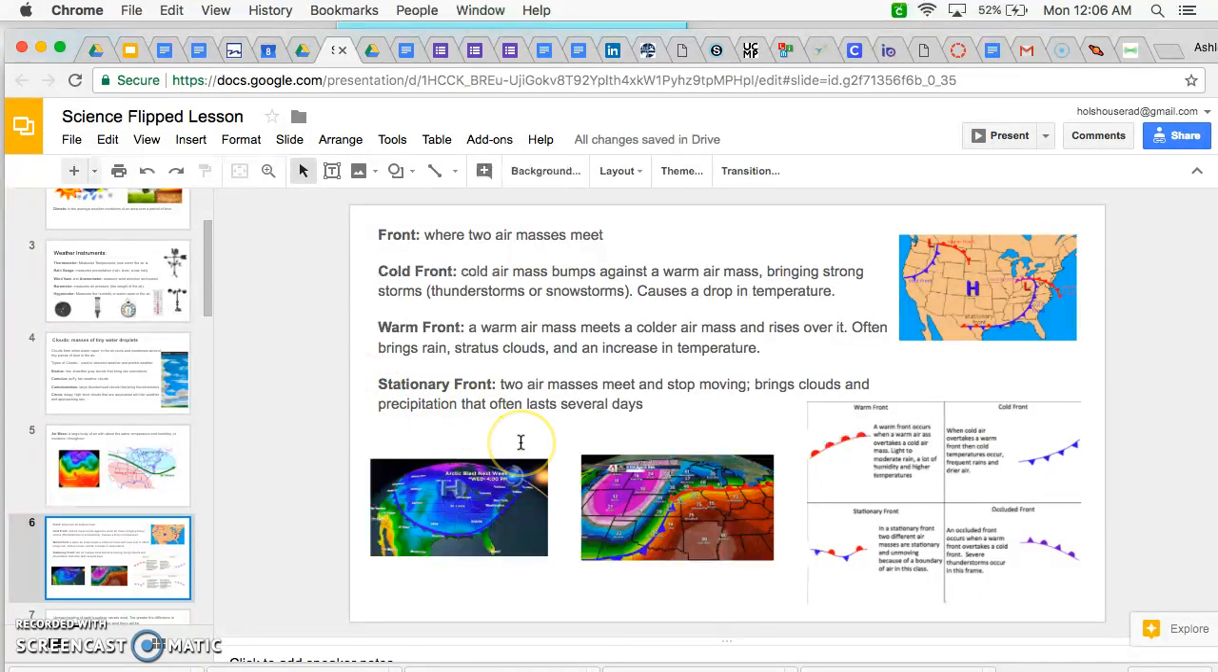And a stationary front is where two air masses meet and stop moving. It brings clouds and precipitation that often lasts several days. So down here you can see these different fronts bringing warm air towards the front and cold air. So here's where they're colliding. We're getting different